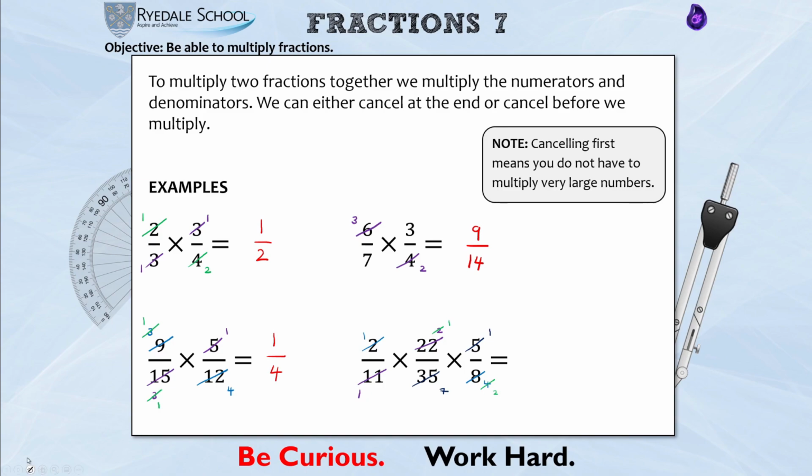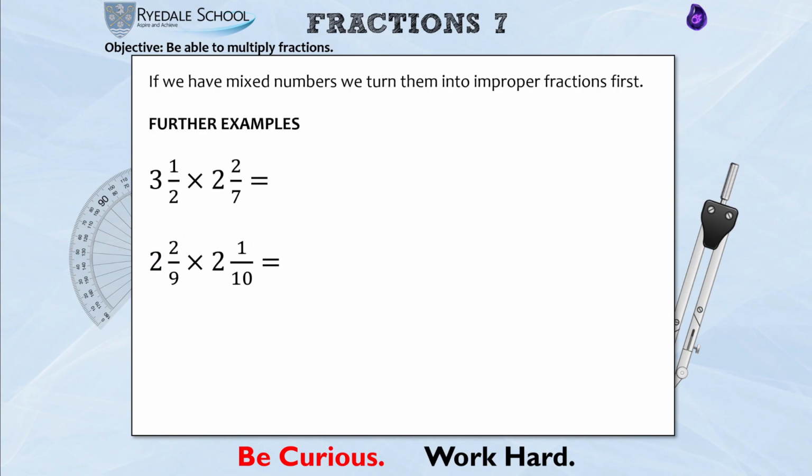And if you now look at my question, all I'm multiplying together on my numerators is 1, 1, and 1, which is 1. And my denominators is 14. And you see, by doing it this way, I have not had to multiply 11, 35, and 8, which would have been very difficult. So we can also apply this to mixed numbers, and we're going to use very much